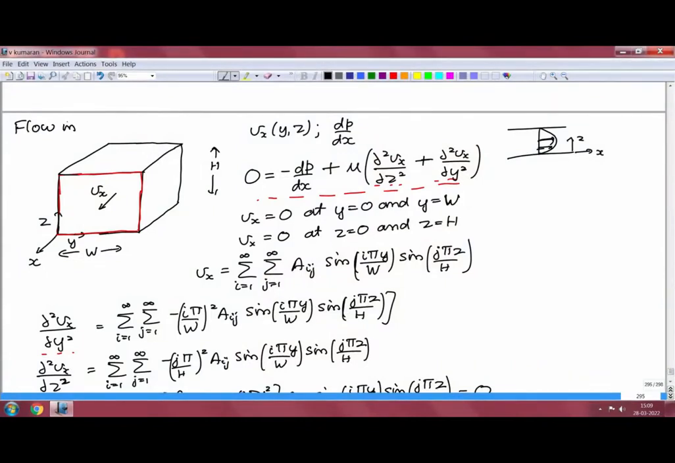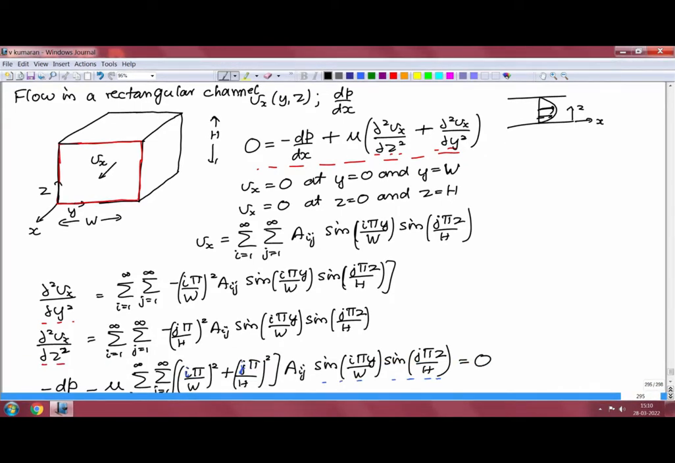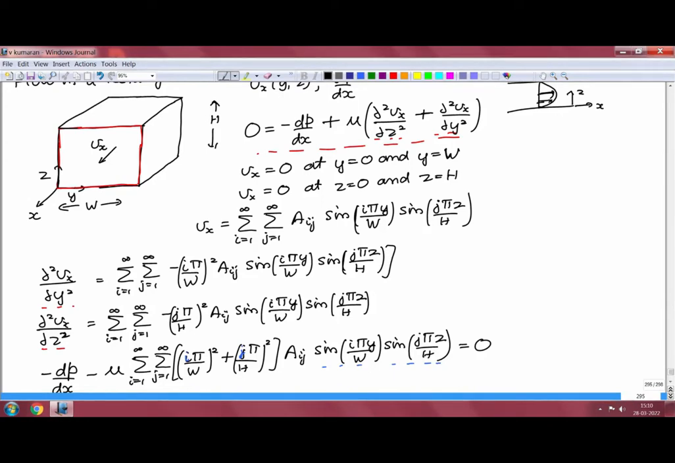In the last lecture, we were discussing the flow in a rectangular channel. If you recall, we were discussing the flow in a rectangular channel of width w in the y direction, height h in the z direction,